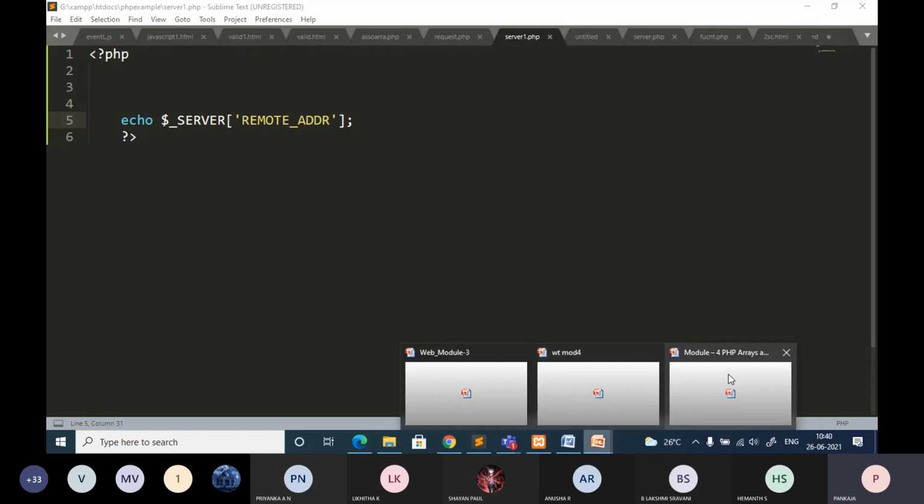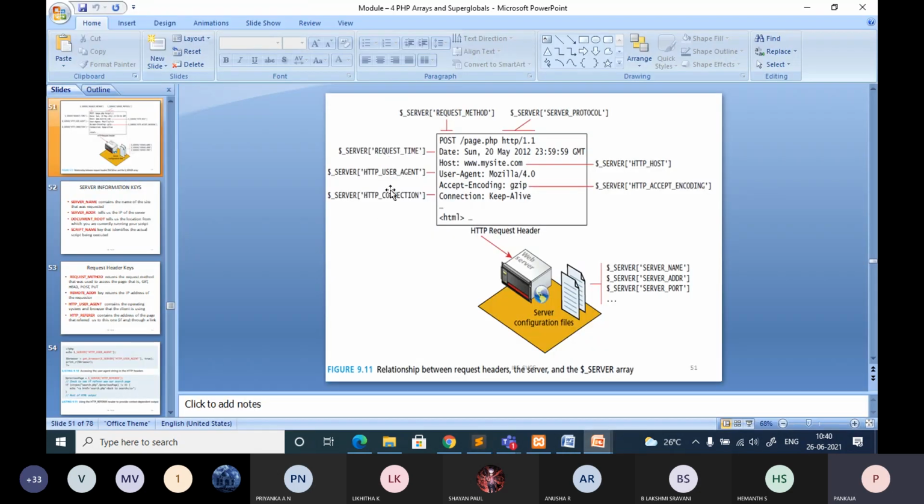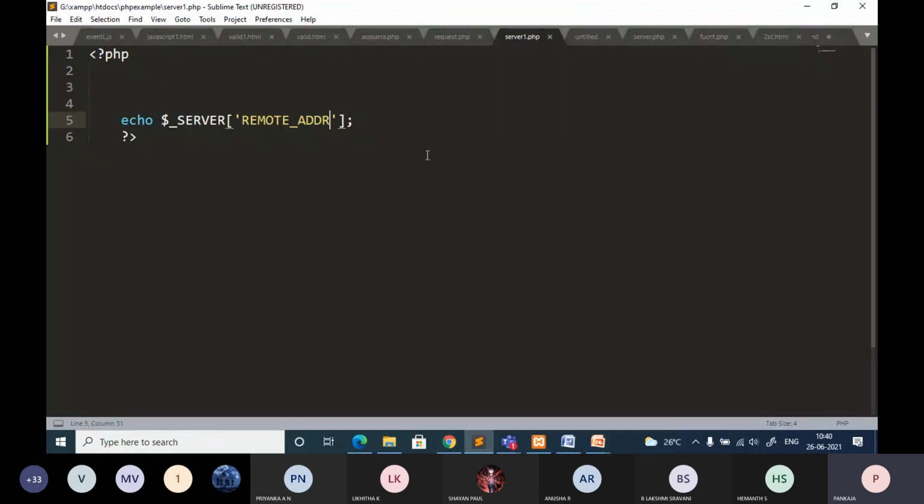Remaining, you can try all the others that are specified, like HTTP connection. The only thing is you should know the proper key. Then you will be able to access any information related to the server. If you are not giving the variable key values properly, you may not be able to get it.